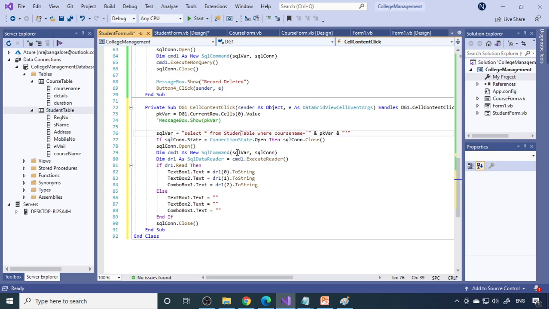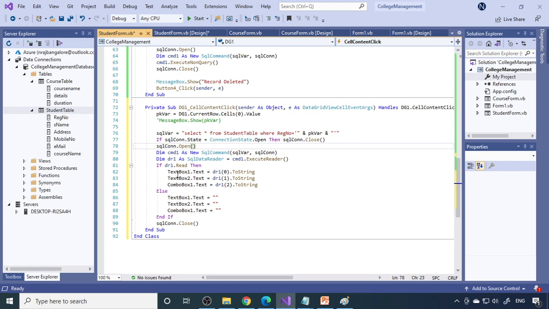This is the student table, and be careful when you type the table name. If you make a mistake, errors will definitely come. Then here is the register number. As I already told, SQL statements are not case sensitive. So this register number you can write in small letters or capital letters, and any keyword you write in small or capital will do the job. We select from the student table for this particular register number.